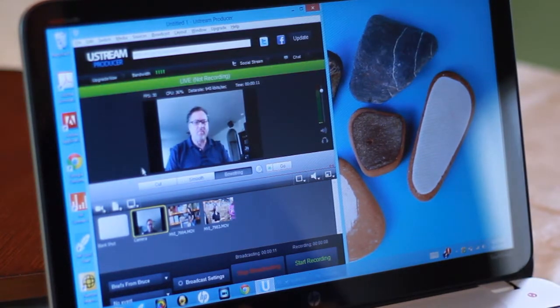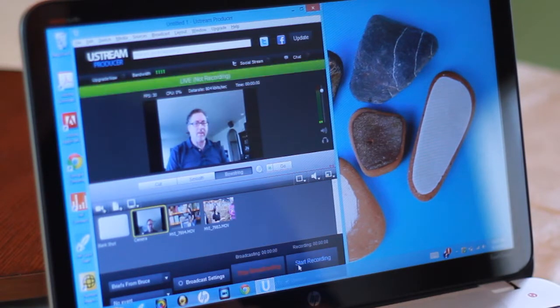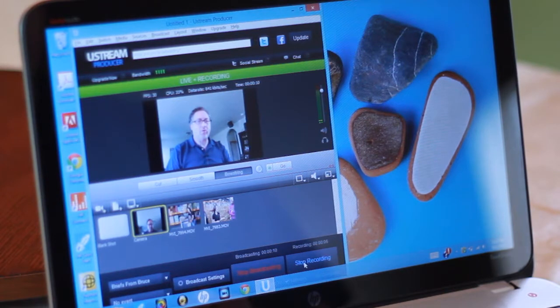So okay, I'm going to go ahead and show you how we start broadcasting. If I click down here on the bottom, I can click Start Broadcasting, and I can also have it start recording, so that it's saving that information on the UStream server. So it's broadcasting live, and if we switch between it, I'll go ahead and make a switch to